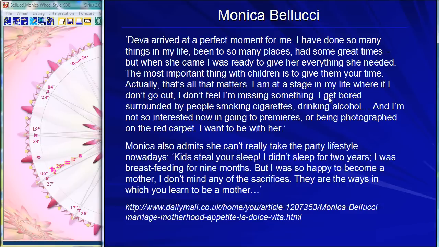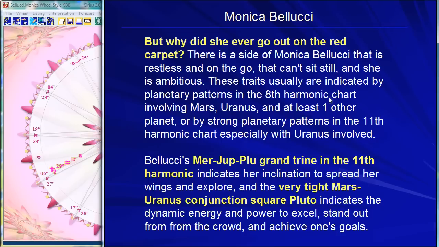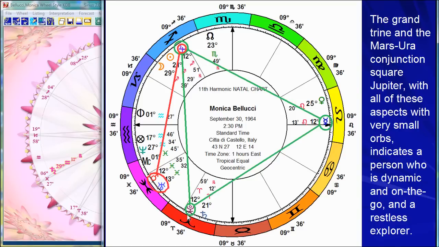And typically, when a person is very dynamic and outgoing, out on the red carpet and pursuing all these things, they have some dynamic pattern, often in the 8th harmonic chart, like a Mars, Jupiter, Uranus, or a restlessness and dynamic energy in the 11th harmonic chart. And when we look at Monica Bellucci's 11th harmonic chart, we find out why she's been out and about on the red carpet. She was going to college. She left college to be a model, went up to Milan, and got involved in the whole high